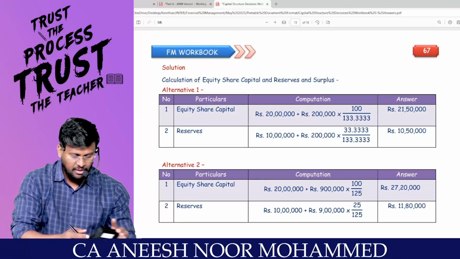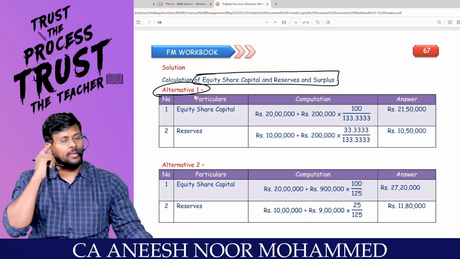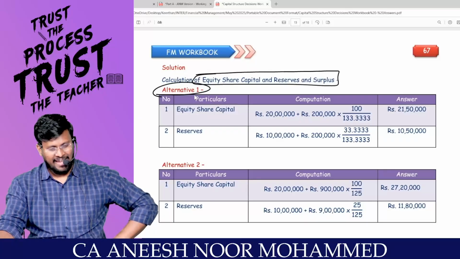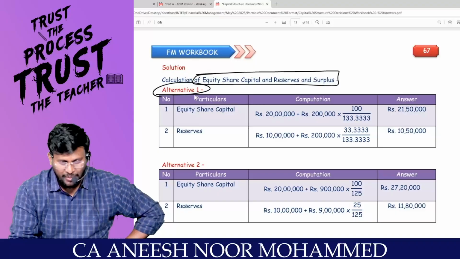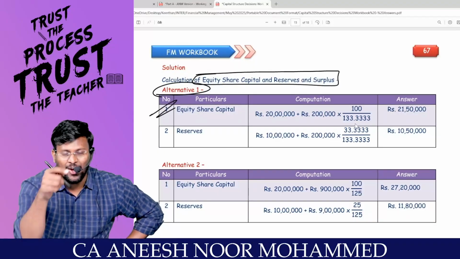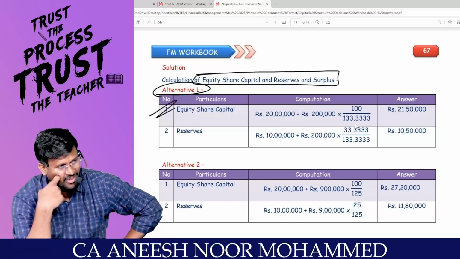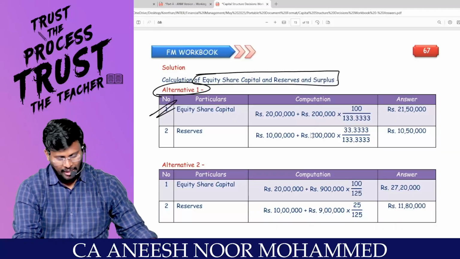Calculation of equity share capital and reserves and surplus. Alternate number 1. You tell me what is alternate number 1. What will you do? 8 lakhs of debt, 2 lakhs of equity. Right? Equity share capital, already how much is there? 20 lakh. How much are you going to issue? 2 lakhs. So total,